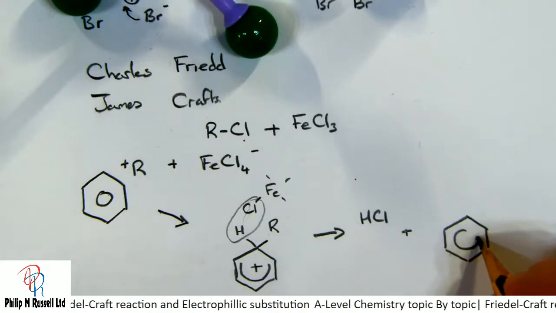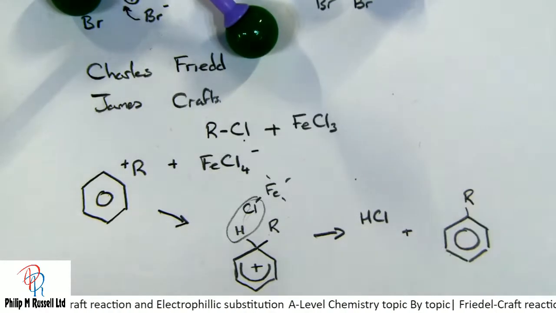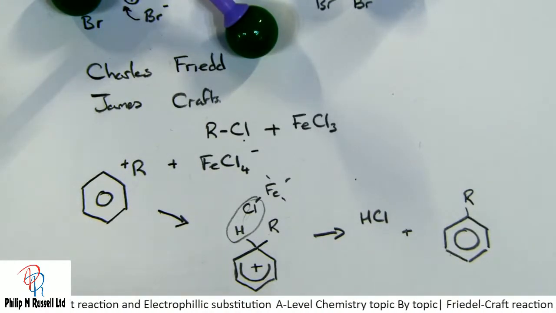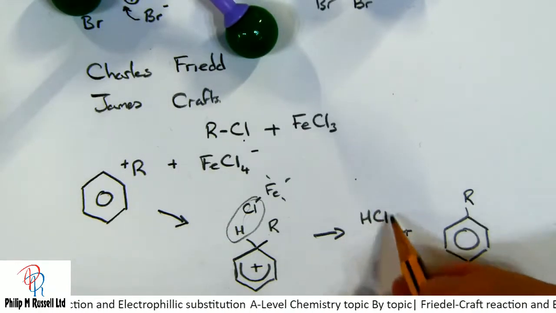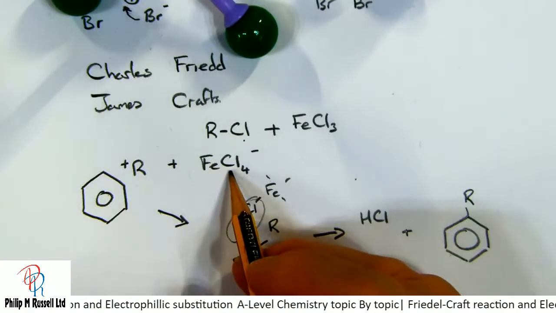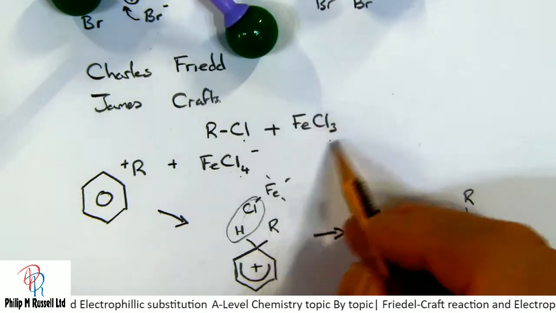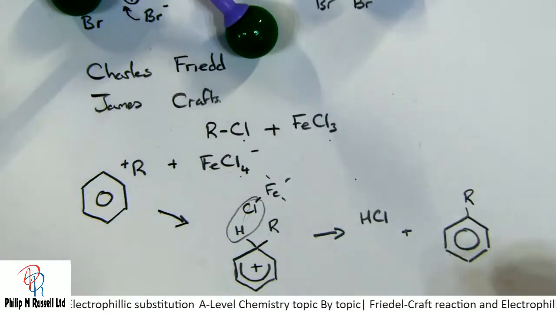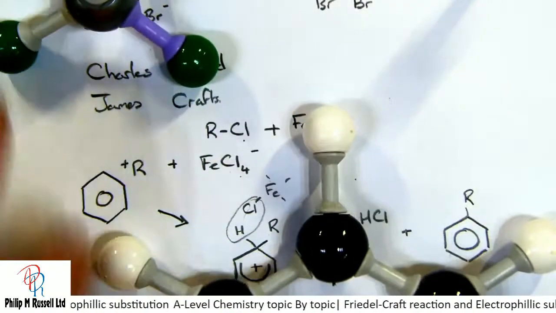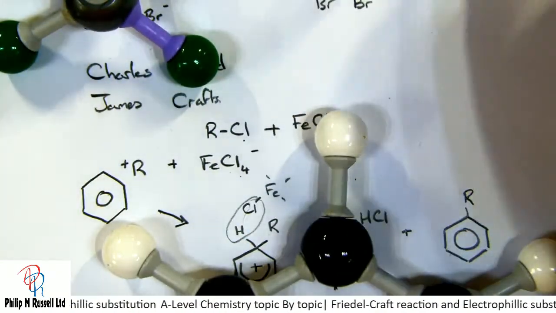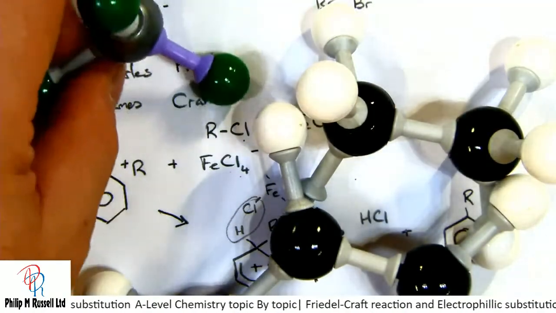The ring's going to be made up, the hydrogen's left, and now we've got our R group attached to our benzene. With the elimination of HCl, the FeCl4 makes FeCl3, so we've regenerated our catalyst. So let's look at this. We've got my benzene, we've got this close proximity,